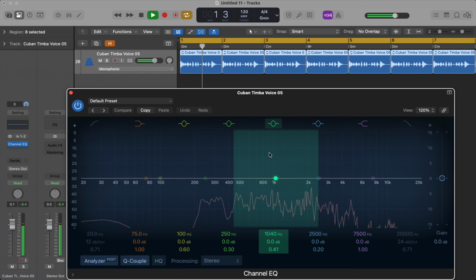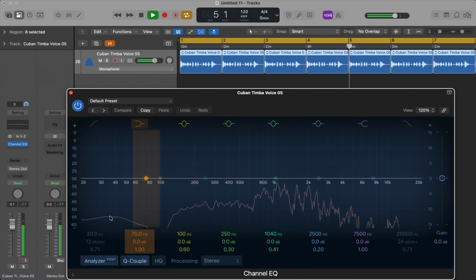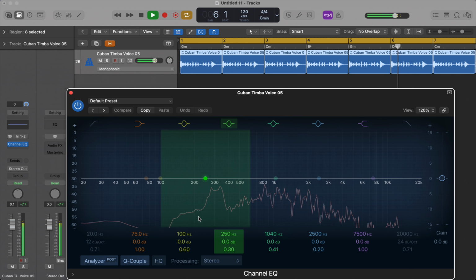Para mi mamita que me quita mi bombón. So you can see the frequencies from the lowest of the low end to the highest of the